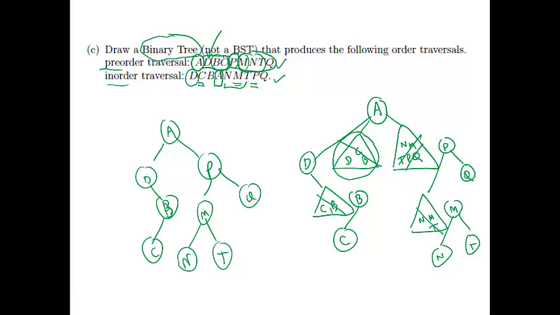I'm also claiming that this tree is unique. There's no other way to get these two traversals from another tree. So you need to think about that. Now, one other thing you need to know is that if you're just given a pre-order traversal of a set